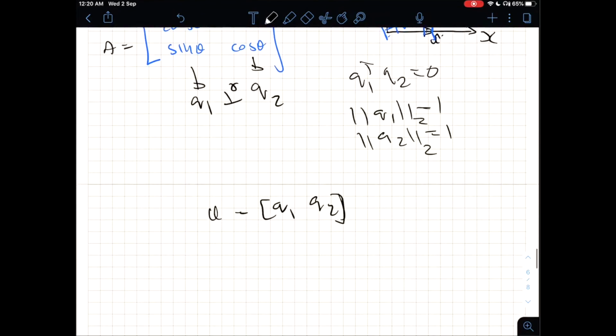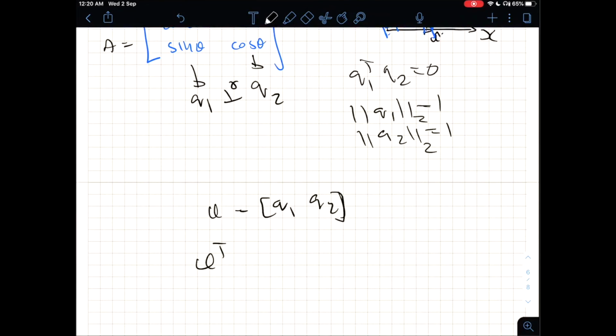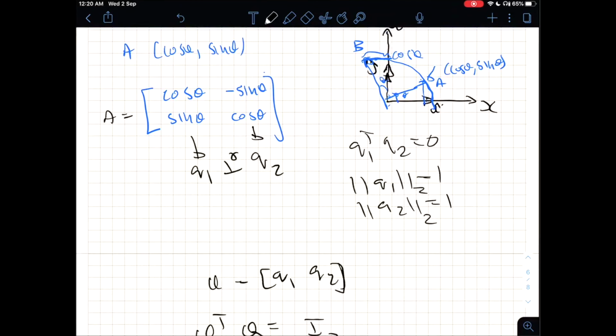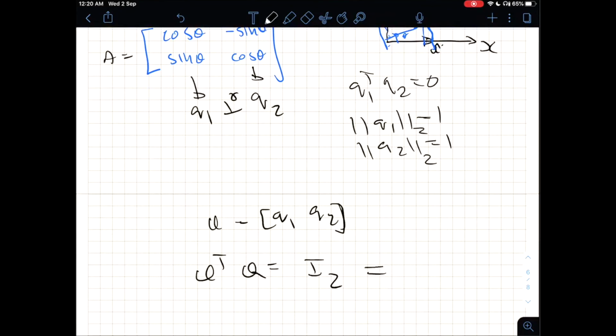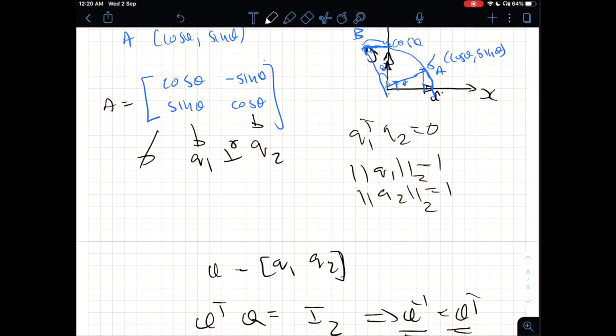Such a matrix is called an orthogonal matrix, and it is easy to verify that Q transpose Q is equal to identity. So two things here. That means Q inverse is Q transpose. And second, this is not only a non-trivial matrix, but I have infinitely many choices, because theta can be anywhere between 0 to 2 pi.